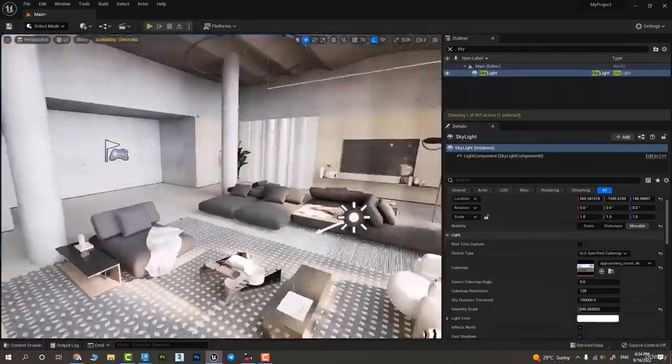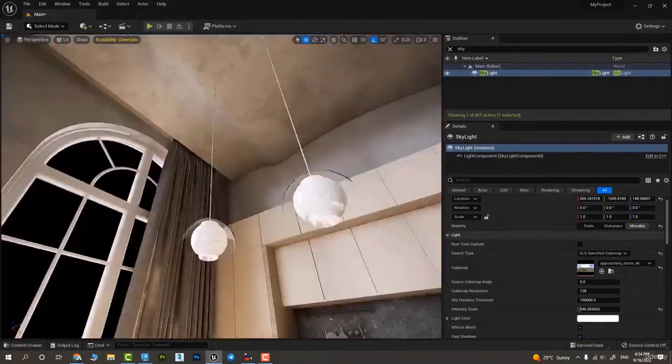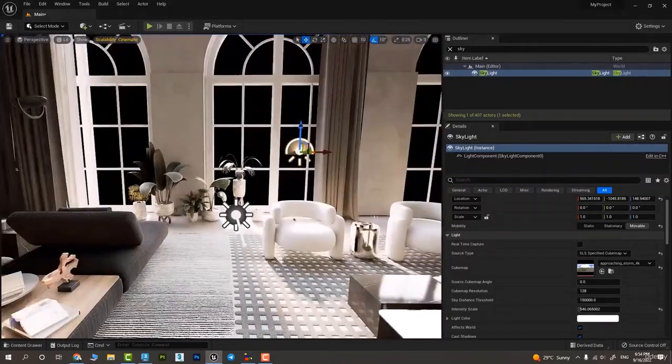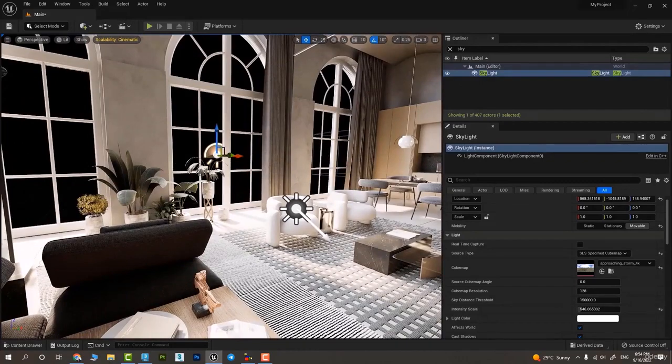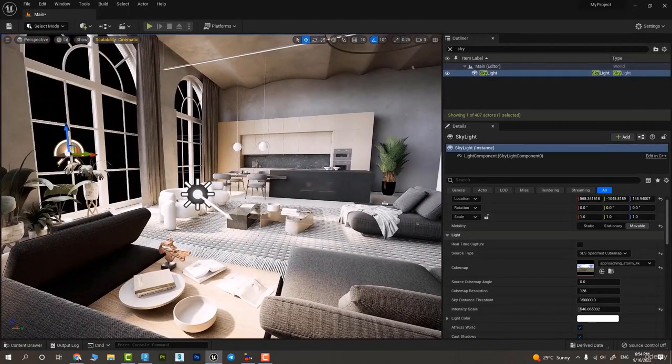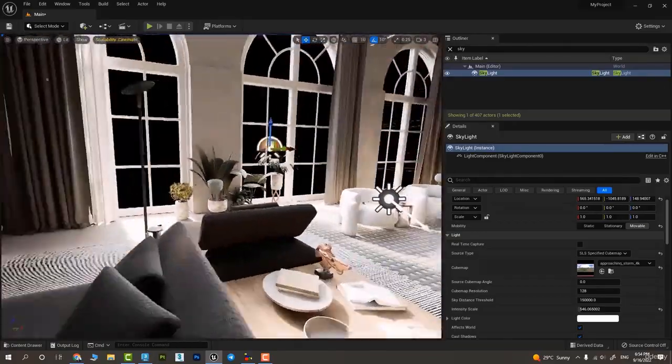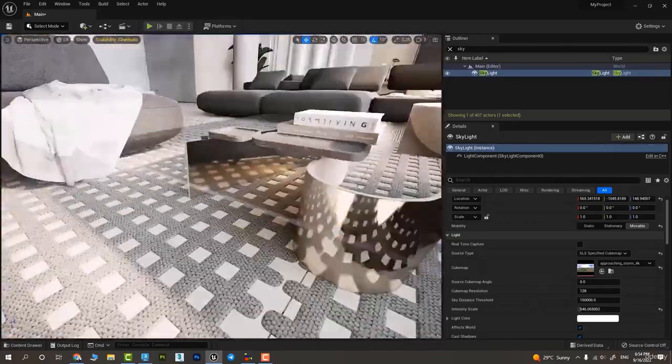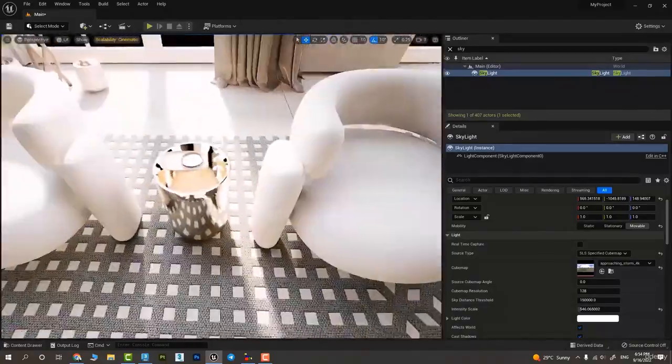And you can see how beautiful and how great this light is. And we haven't done anything. We only have a skylight and a directional light, and with those two elements we get this type of lighting, which is great. Okay, and I have to add that I have ray tracing on,